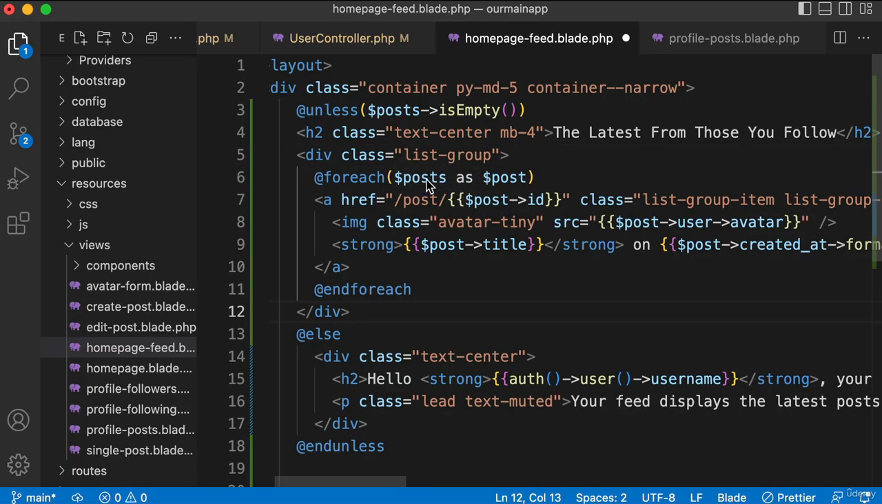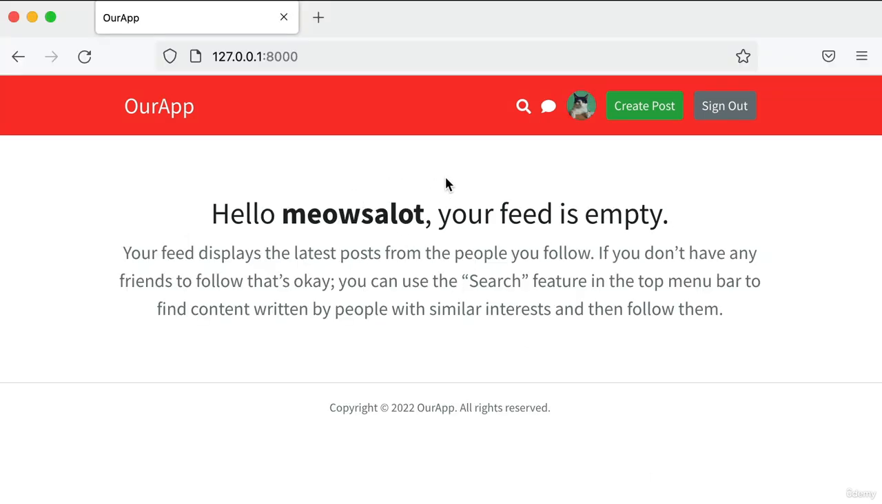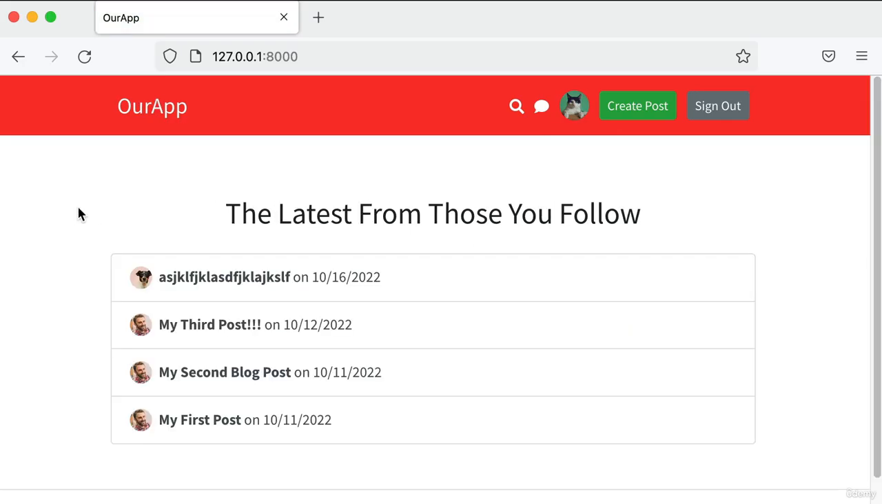Cool, and remember, we fed this blade template an array of posts with this name. This is the singular name, and then this code is the exact formatting we want. So let's just go ahead and save that. If I refresh, beautiful. So the Brad user only follows Barks-a-Lot. Barks-a-Lot just has this one post. However, in this window, I'm logged in as the Meowsalot account, and Meowsalot follows both Brad and Barks-a-Lot. So if I refresh on my home page, beautiful, we see the one post from Barks-a-Lot and we see the